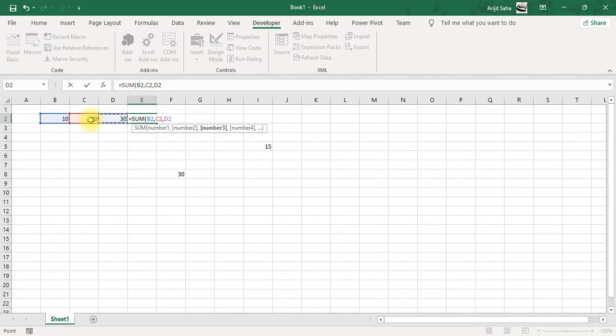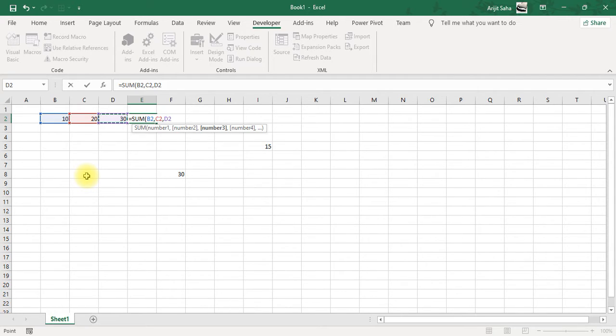are called parameters, or the values or the cell addresses that are given as an input to a function. Input to a function given within the parentheses or the first brackets, open bracket, close bracket, beside the name of the function, whatever input we are giving in that place, those are called parameters.